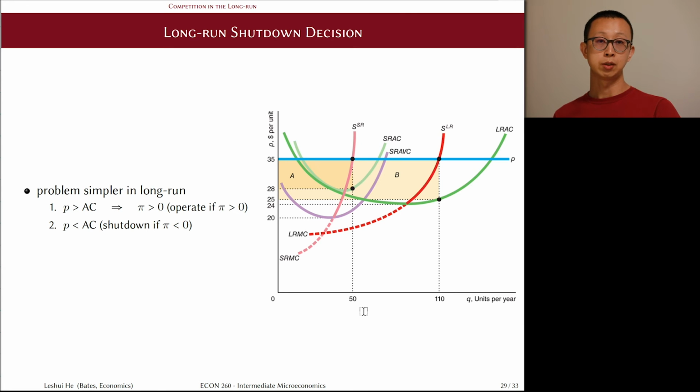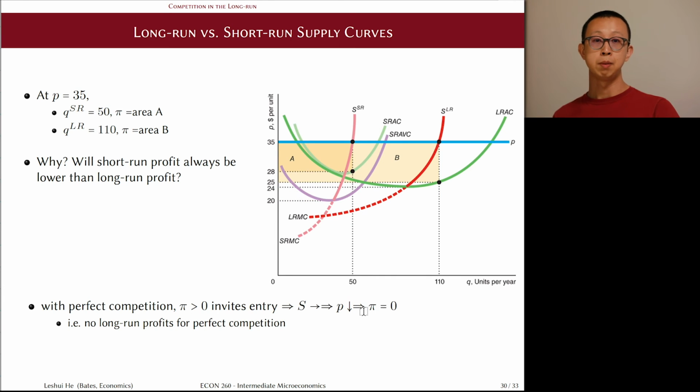The long-run competition model is similar to the short-run problem. We can first figure out the optimal output level when the firm operates, and then we can decide if the firm will indeed operate by checking if the price level is higher than average cost. Comparing the short run to the long run, there are two major differences. First, the difference between the long-run average cost and the short-run average cost curves implies a different shutdown point. Second, the long-run marginal cost and the short-run marginal cost are also different,